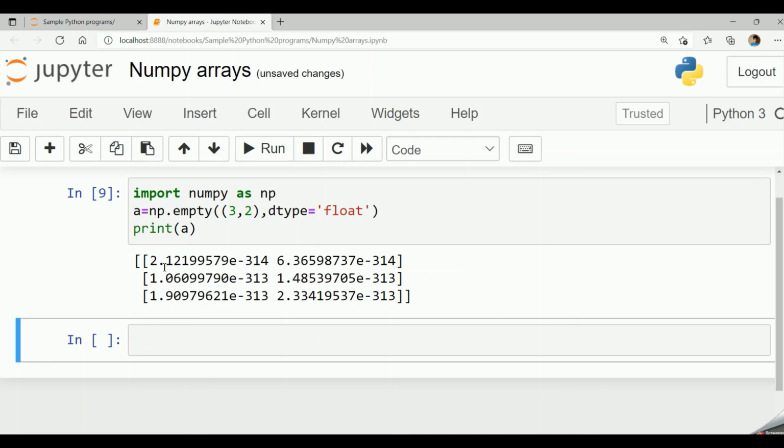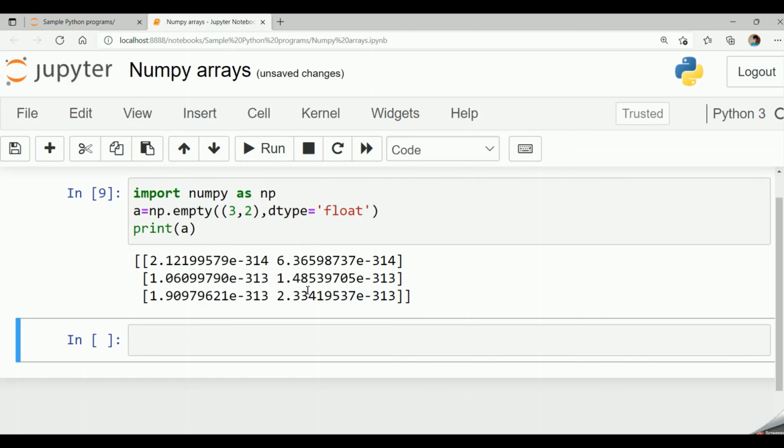All these are randomly generated values. It will be of the size 3 by 2, that is 3 rows and 2 columns, 3 rows and 2 elements in each row. And dtype is float, so it will have floating values.